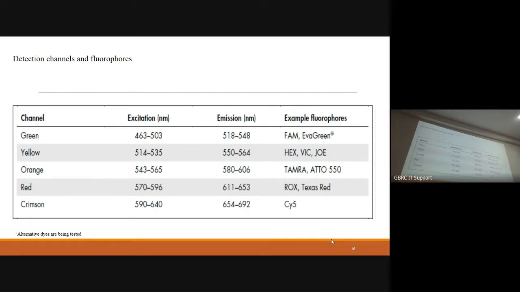But suppose there is any dye, let's say ABY or JUN, that you want to use as a probe, but it is not mentioned here. Then you can select the excitation and emission wavelength of that from the reference, and accordingly select the channel. So you can simultaneously do 5 targets using this. Suppose I want to see the dengue serotypes in one single reaction. For serotypes 1, 2, 3, 4, I will choose different fluorophores while designing the probe. And I can multiplex and see the quantification for each serotype in a single reaction mix. That you cannot do with EvaGreen or SYBR Green based detection.